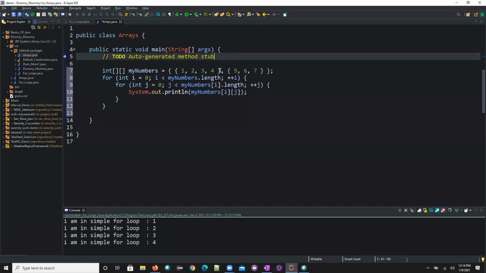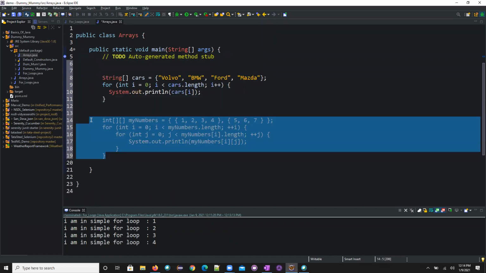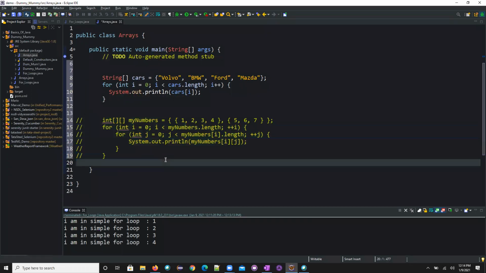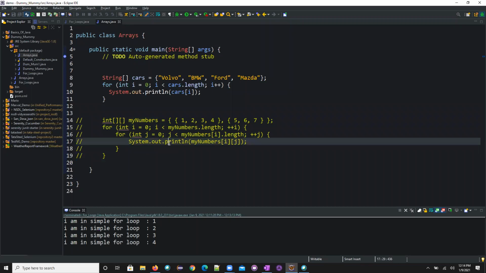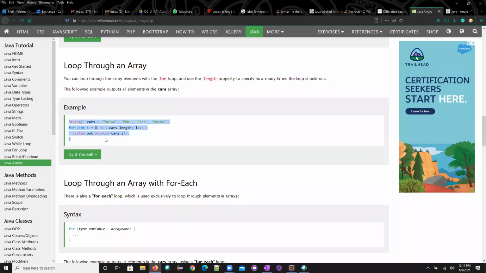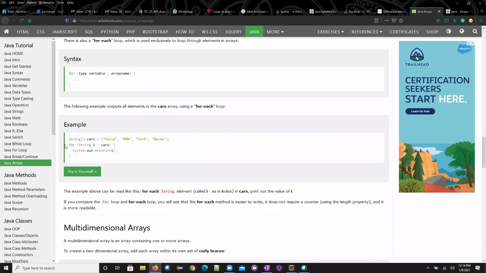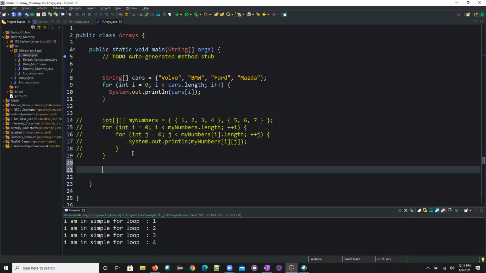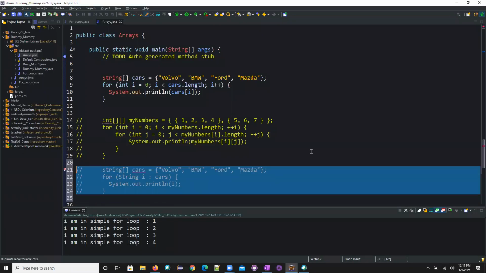Okay, so I'll take it here. I'll try to comment this. This would be the single dimensional array and this would be the double dimensional array. And Anish, you asked me for for-each, right? I'll take this for-each also, so that in one shot we can cover all.